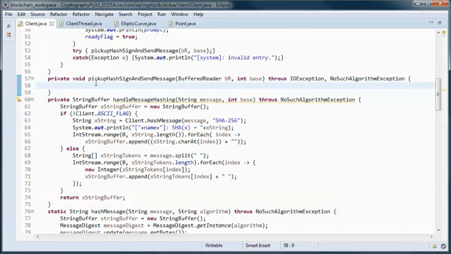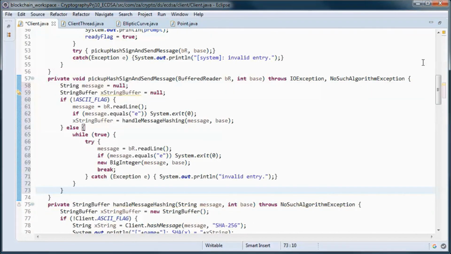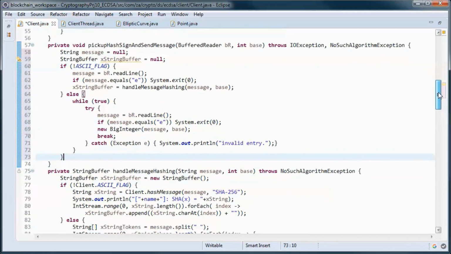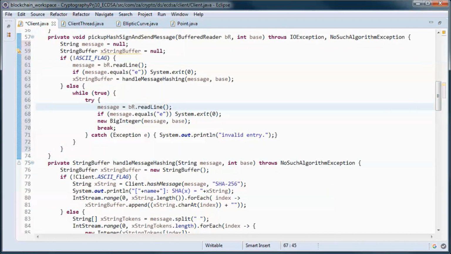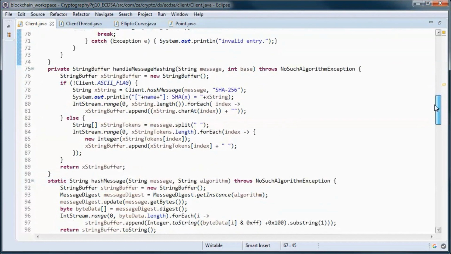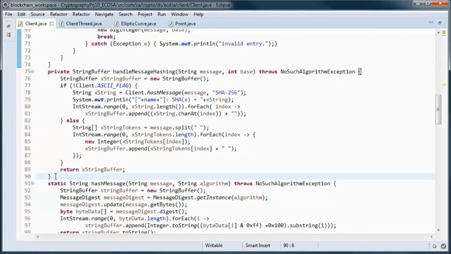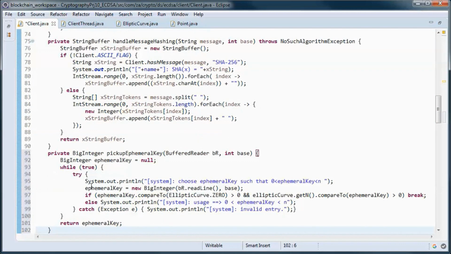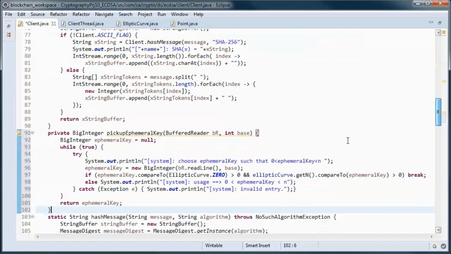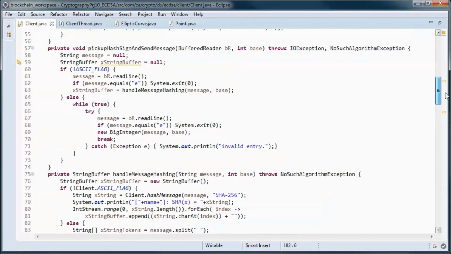And this is the code that picks up the message and hashes it. And this method picks up the ephemeral key and we will call it from here.